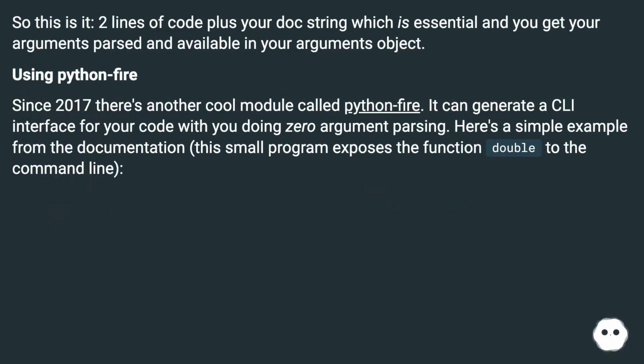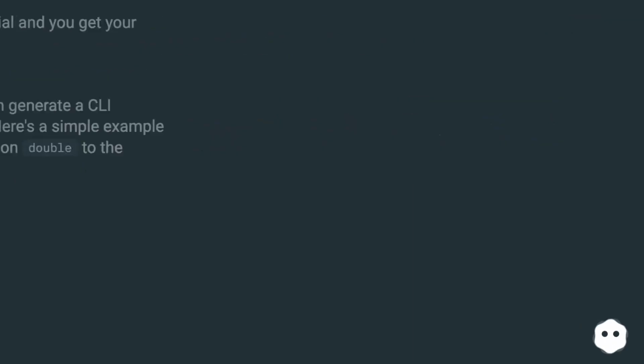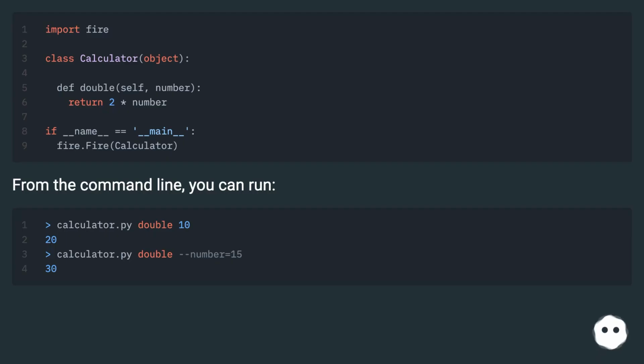Using Python Fire. Since 2017 there's another cool module called Python Fire. It can generate a CLI interface for your code with you doing 0 argument parsing. Here's a simple example from the documentation. This small program exposes the function double to the command line. From the command line, you can run